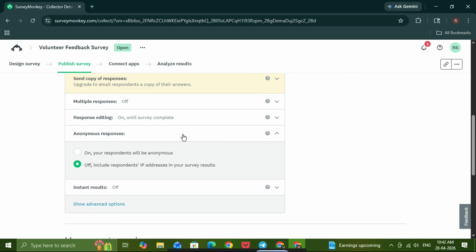This is the option that controls whether SurveyMonkey tracks respondent information or keeps responses private. After that, turn on the setting that says, "On, your respondents will be anonymous." Once this is enabled, SurveyMonkey will no longer collect identifying details tied to the response in the way it normally might. That means your survey participants can submit answers more confidently, especially when the topic is sensitive or when you